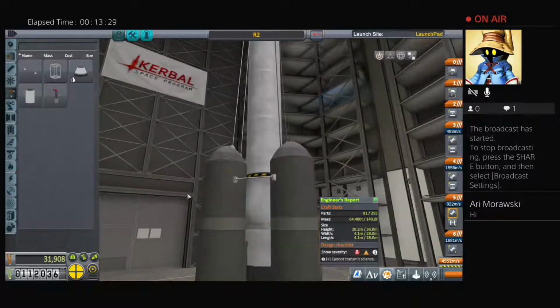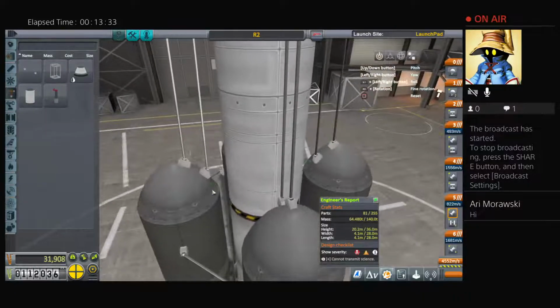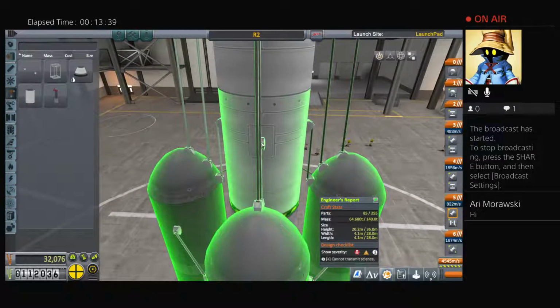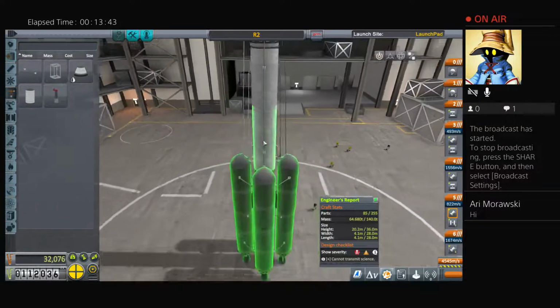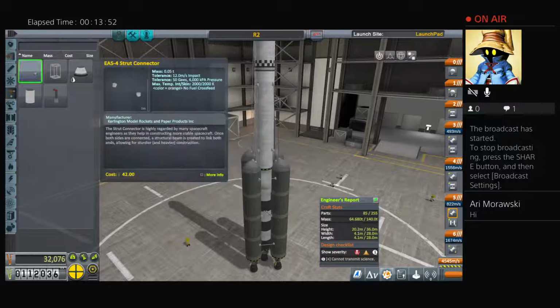I really feel as if I should be adding another strut, so I'm going to add one more down here at the bottom and connect those about here. Now it should be nice and stable. If I'm not mistaken, yeah, we can still push 67 tons with this, and we're at 64.6. So we'll save,